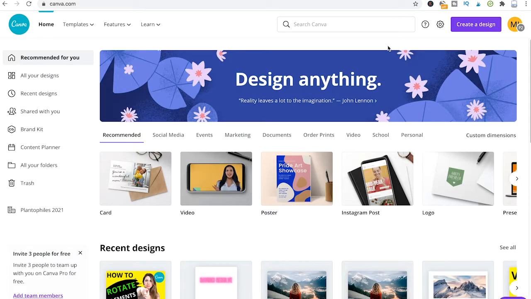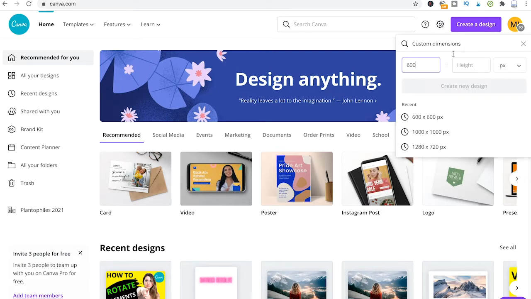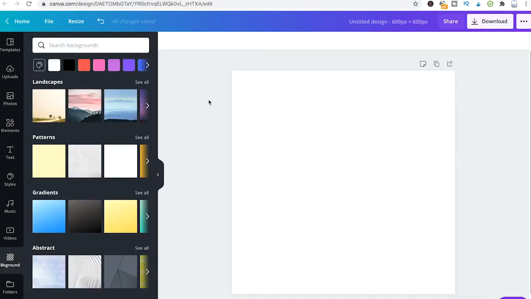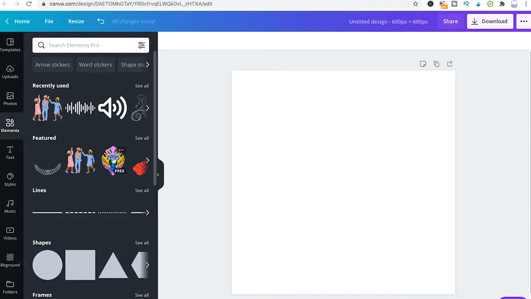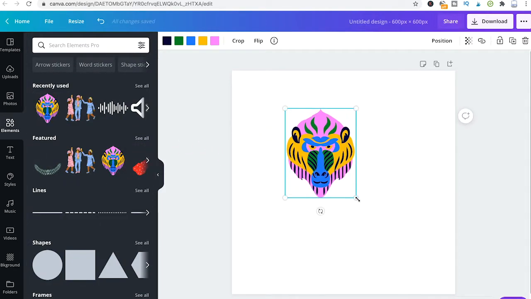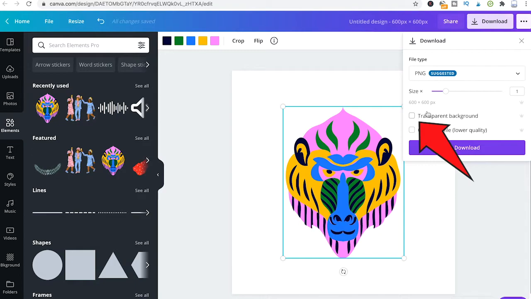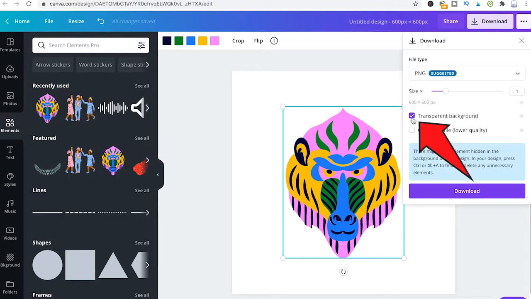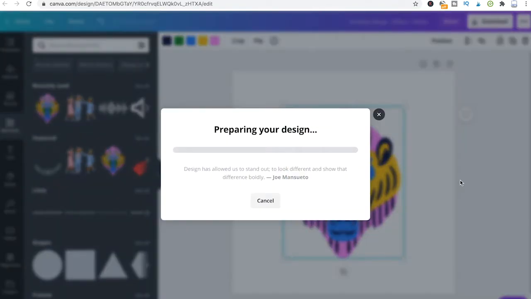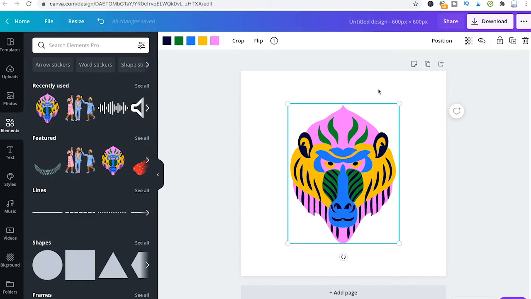Now, to demonstrate that, I'll just go to create a design here, 600 by 600 pixels, for example. Click on create new design. Then I will just head over to elements here and drag and drop a random element inside of my project window. Then just go to download. Click the option transparent background and then download. And like this, my image will indeed be exported without any background, which means it will be exported as a